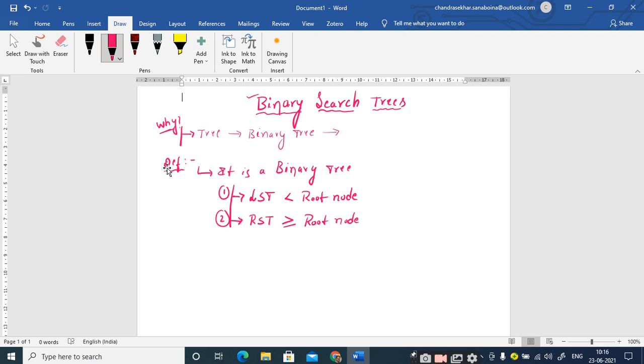So practice more and more on linked list programs, so it will be very easy for you to implement other data structures like stacks, queues, trees, any other data structure you take, you can implement it using the linked list. That is the power of linked list.